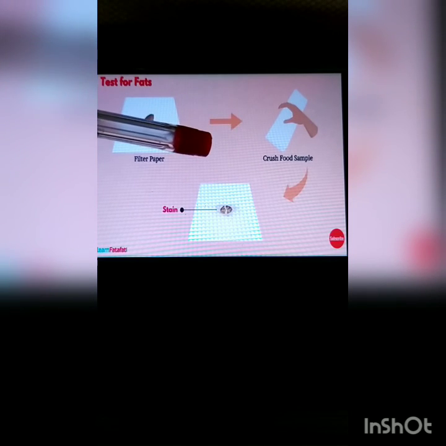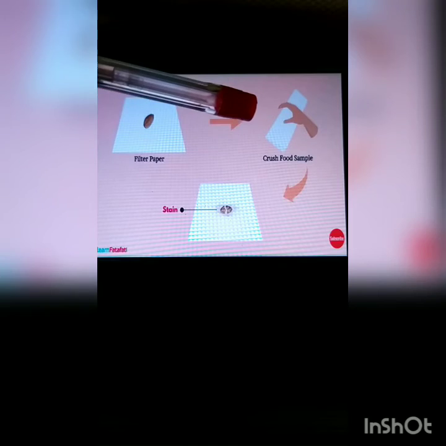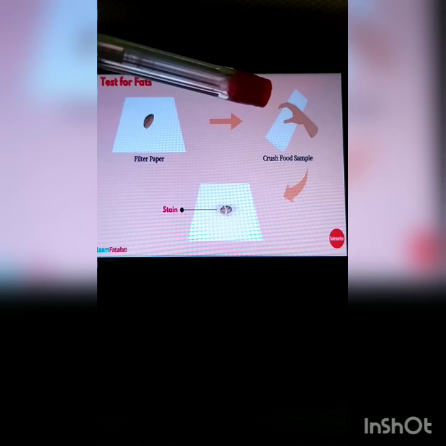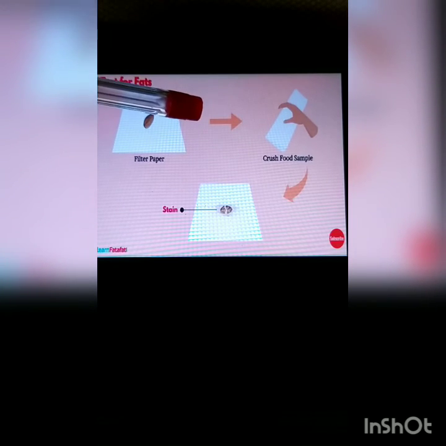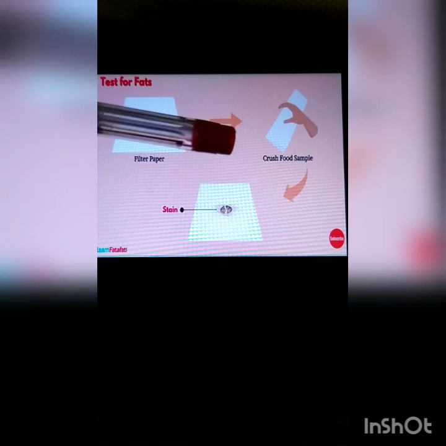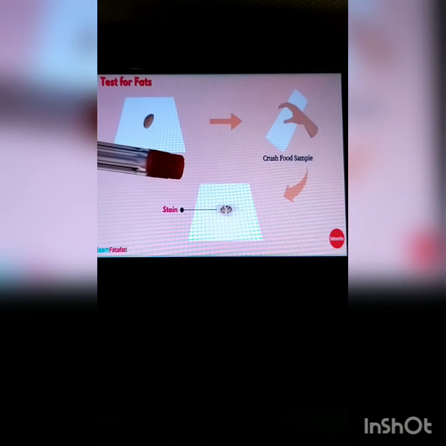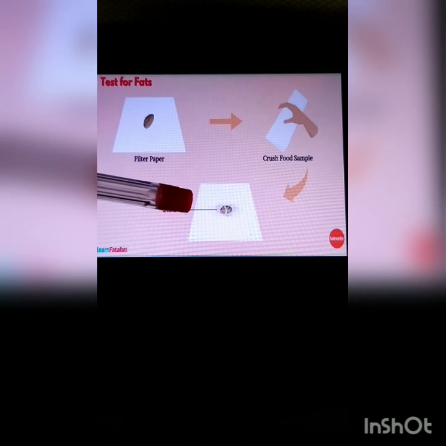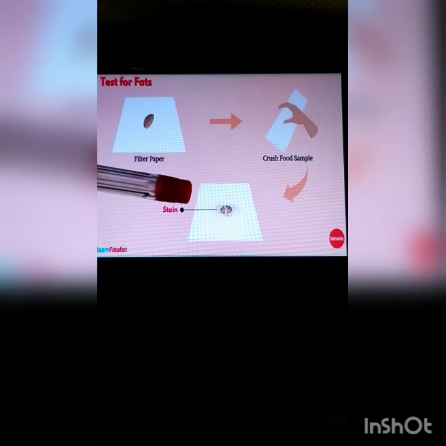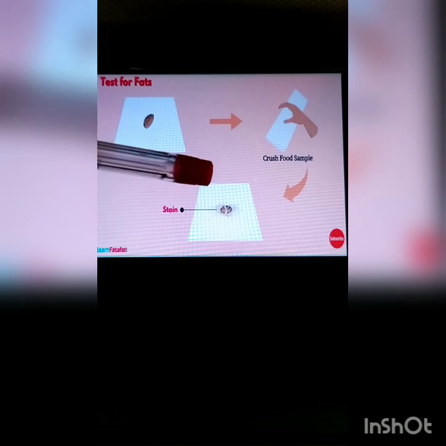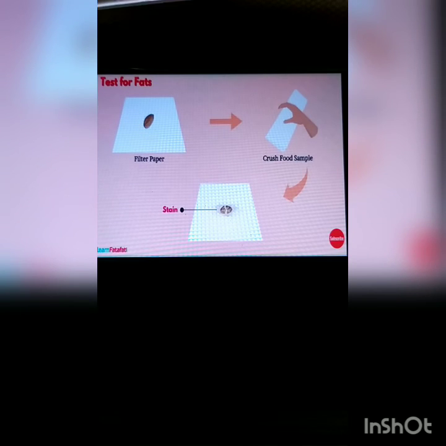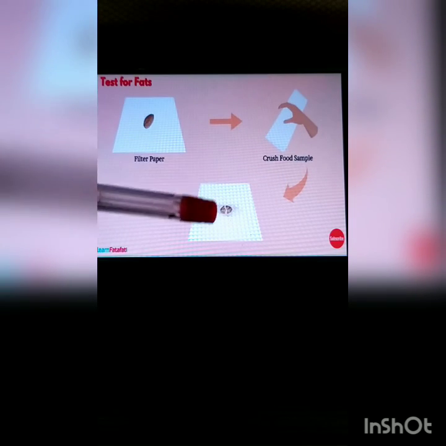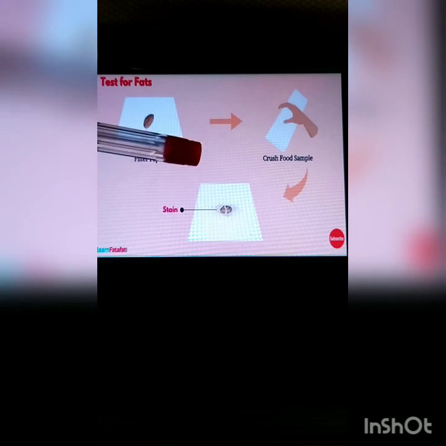So not to get confused in that, after you have rubbed an item on the paper, the same procedure, you have to let the paper dry for a while. If there were any water that may have come from food, it would dry up after some time, means it will evaporate. But if the oily patch is there, it will not go.